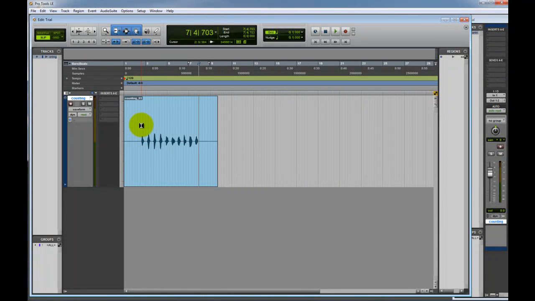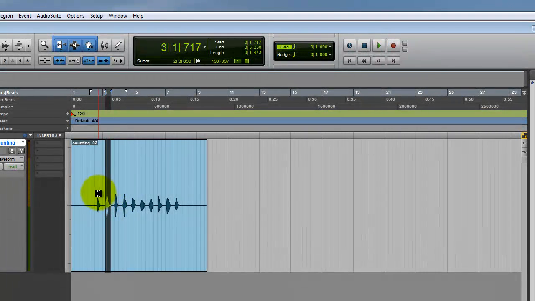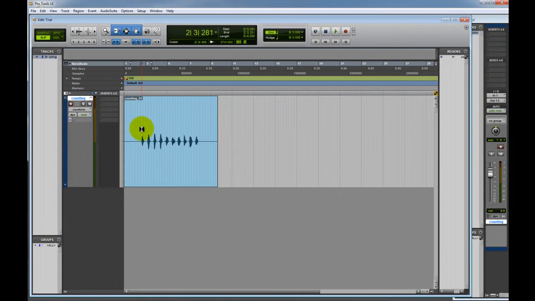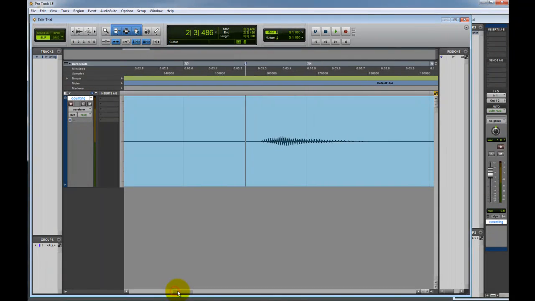So, what that means, we need to trim the regions so they begin just before the actual waveform and end just after it. Now, we're not going to be able to do it very accurately if I'm in this view. What we need to do is zoom right the way in. So, first thing I want you to do with the selector tool is just click right at the start of the first waveform. I then want you to zoom right the way in, and there we can see the